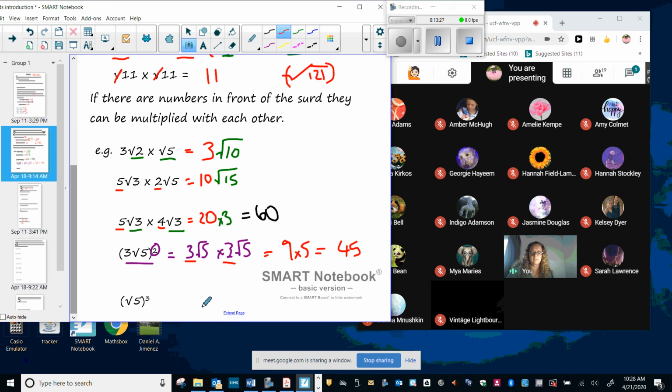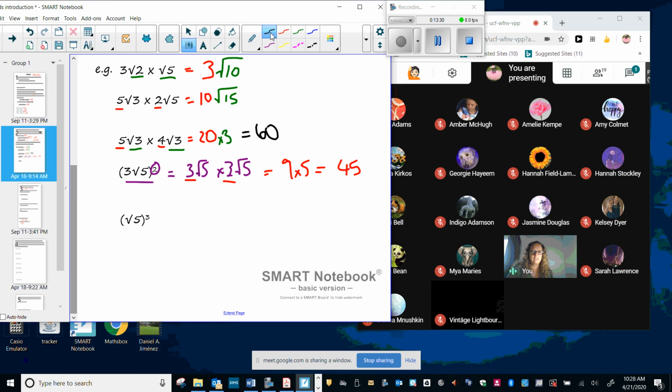Now, here's one. The cubed means that we've got this thing 3 times. So we've got root 5 multiplied by root 5 multiplied by root 5. Now we have to remember that if we're squaring square roots, we have to group them in pairs, okay? So I can only pair these two to get rid of my roots. So root 5 times root 5 would be 5, so that's where they've come from. And then this one is still there,